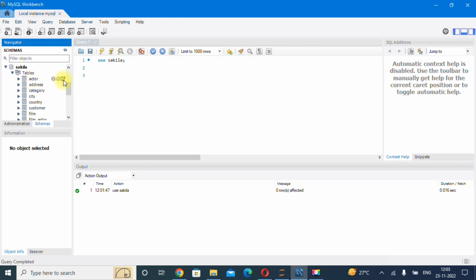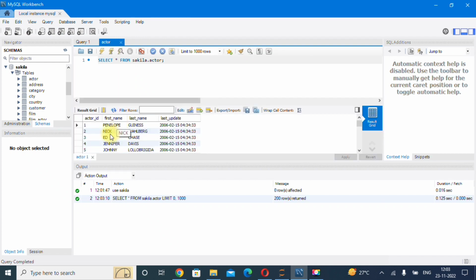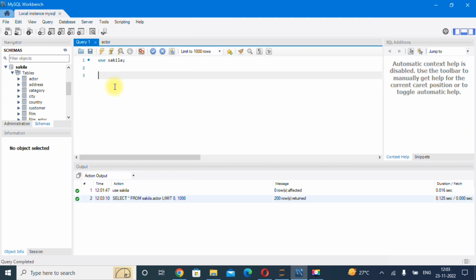You can see this is how my actor table looks. In my actor table, I have actor ID, first name, last name, and last updated date. Let's suppose from these four columns I am interested in first name and last name. So how can we do this with the help of the select query?